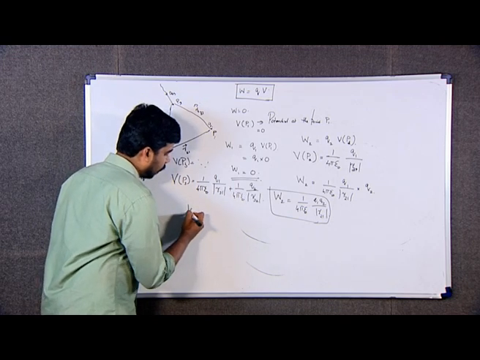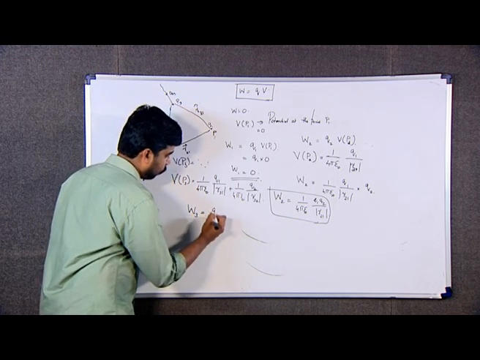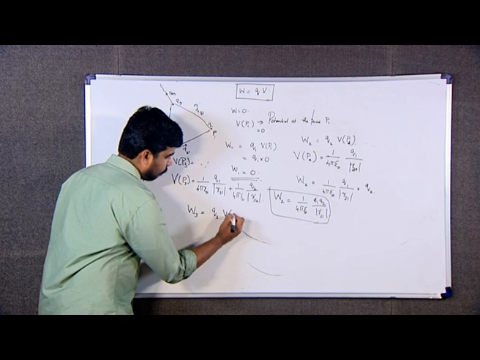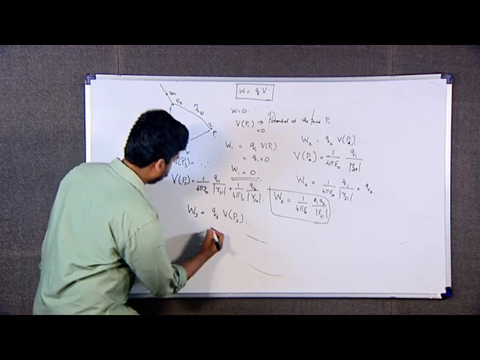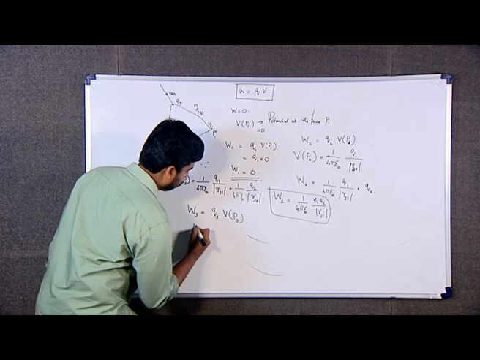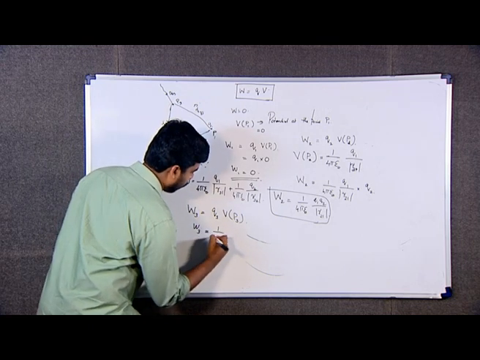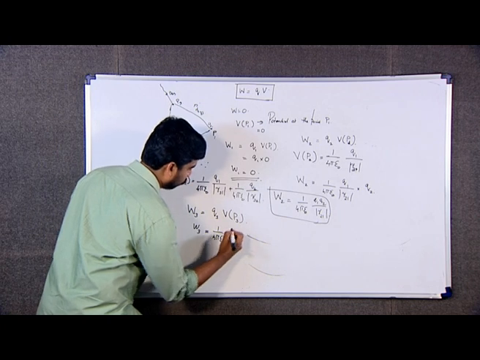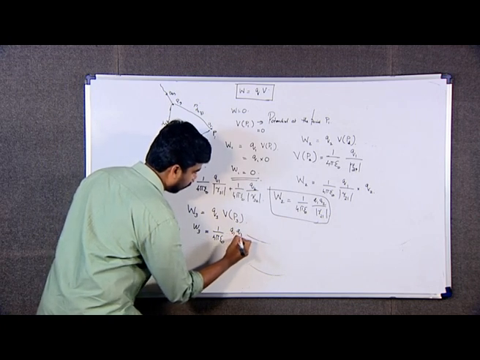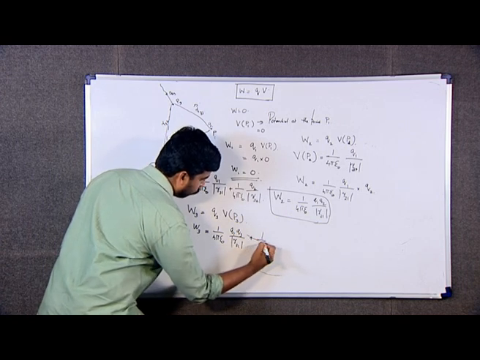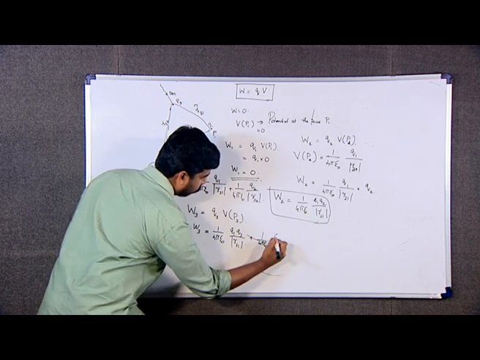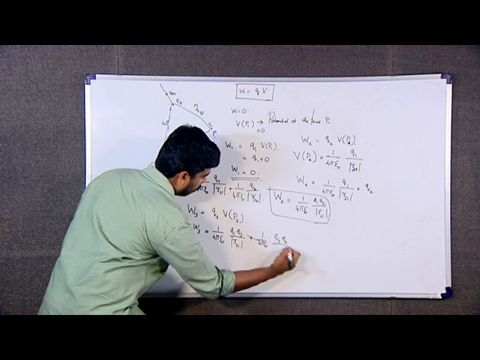So, the work done W3 is equal to Q3 into Vp3. I can write the expression for W3 as 1 by 4 pi epsilon 0 Q1 Q3 by modulus of R31 plus 1 by 4 pi epsilon 0 Q3 Q2 by